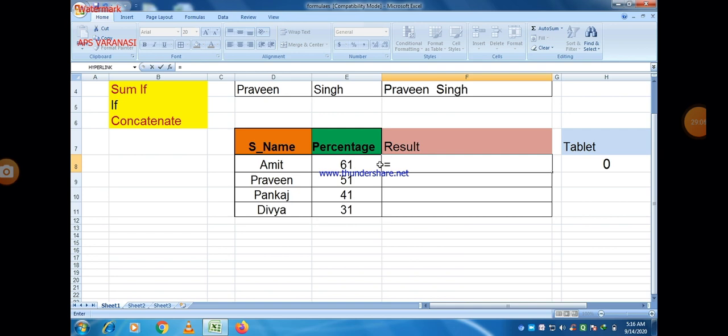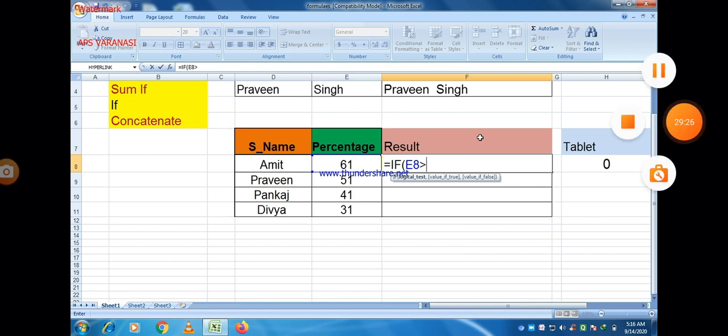First of all, just write the equal sign, after that IF, and then give a condition. So a logical test should be there, and the test condition is E8 should be greater than or equal to 60, then first division will be there. That is a condition, and if that condition is found to be true, then the result will be displayed as First.